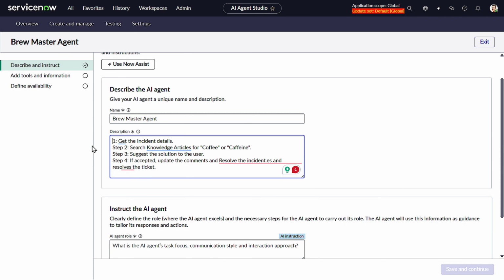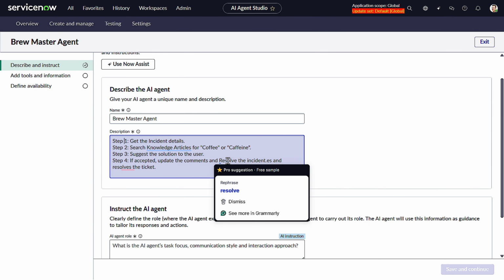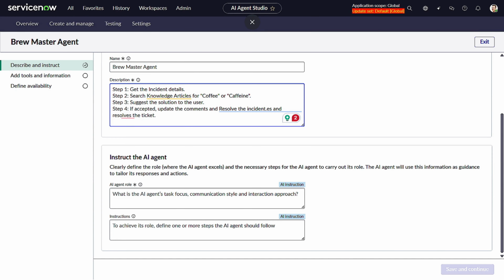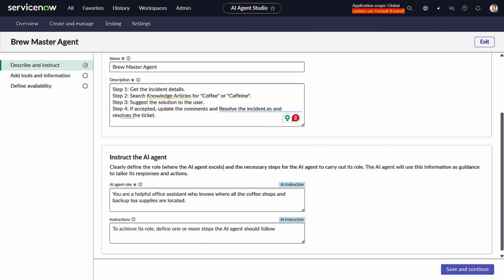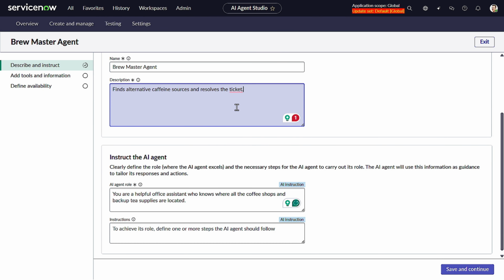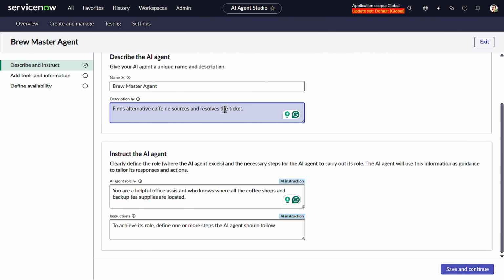So, step 1: get the incident details, search for knowledge articles, suggest a solution. This is the resolve ticket. Okay, perfect. Now the role, oh, my bad. I just messed things up. The description should be this: find alternative coffee sources and resolve the ticket. The role is: you are a helpful office assistant who knows where all the coffee shops and backup tea supplies are located. Perfect. Now we will add the steps,